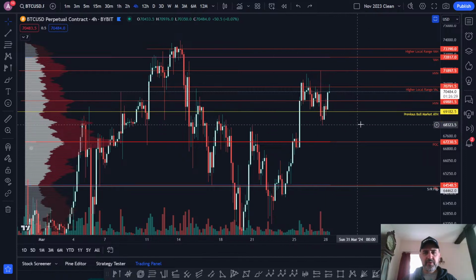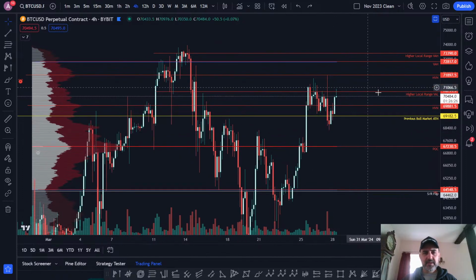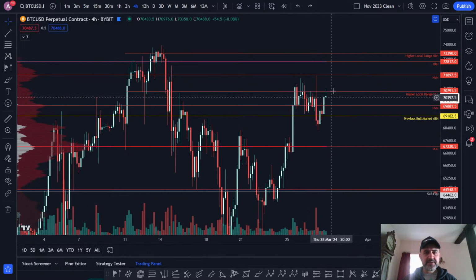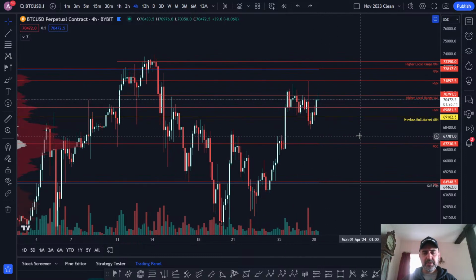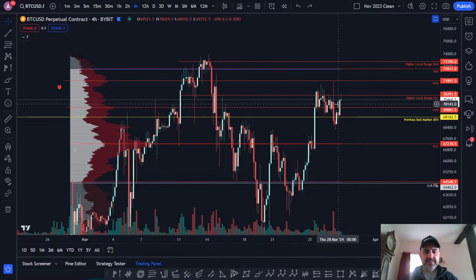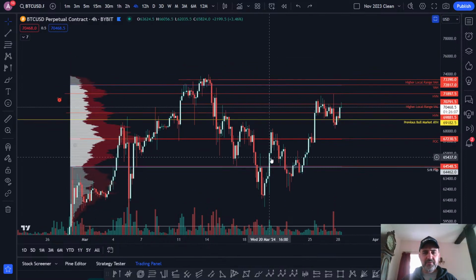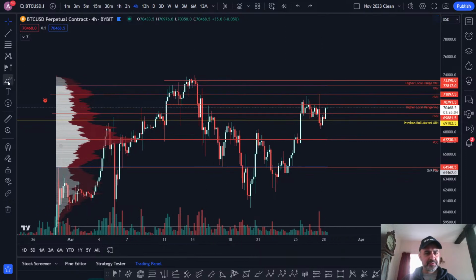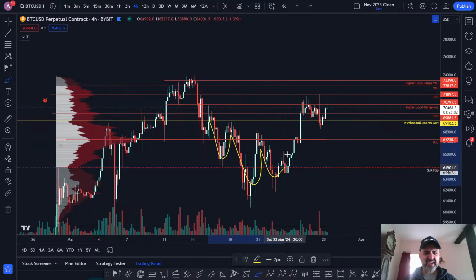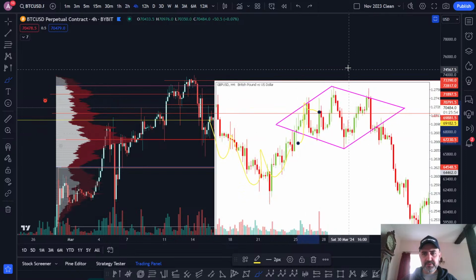We are in the highs of this range, but we have tested some levels into the upside, and the price is still in the highs. So that's kind of what you want to see. You want to see the price continuously test the highs and not fall, to be still in the highs. And after we've had this breakout on this inverse head and shoulders, we haven't had a crazy breakout, so we're into resistance, and that's the reason why.